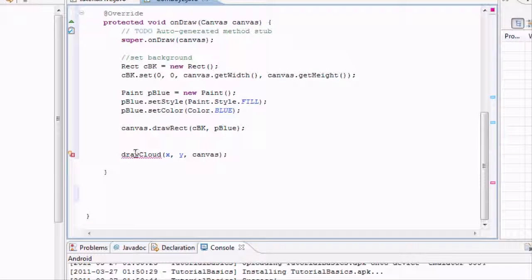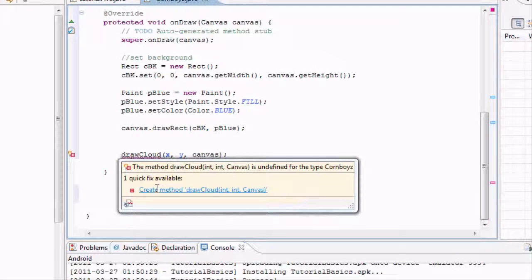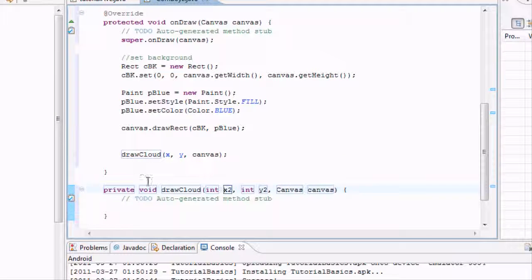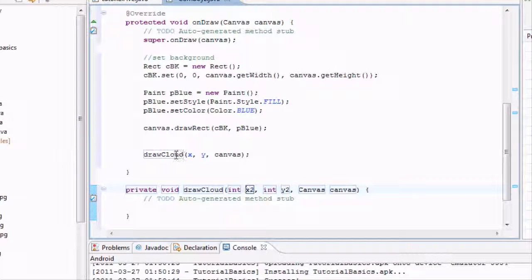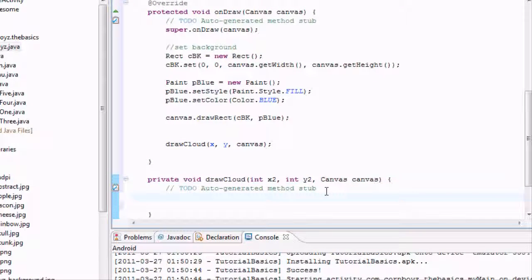But it still doesn't know what this drawCloud method is. So we're going to say we want to create a new method that'll take an int, another int, and a canvas. So we're going to add that, and bam, right there, it adds a new method for us with just what we wanted. And what do we want this method to do? Every time we call this drawCloud, it's going to shoot down to here and say, hey, I need to figure out what I need to do. Add the cloud object to the canvas. So again, we're just going to say whatever canvas is passed in,